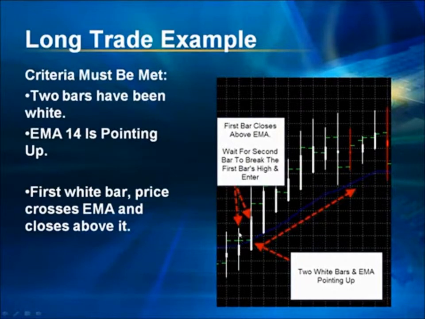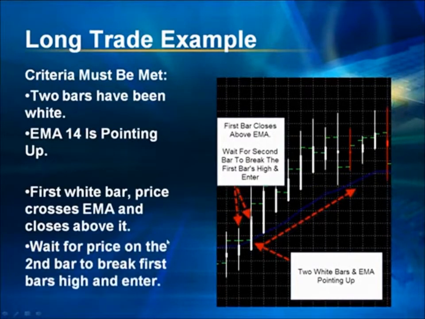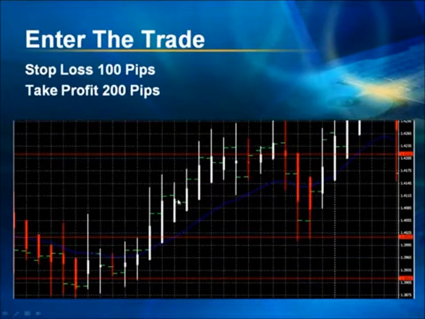The first bar has crossed over the EMA and the price has closed above it. And then we wait for the price to break through the high point of that first bar with the second bar, which happened here. And at that point, we enter the trade. Once we're in the trade, we set a stop loss to 100 pips and we set a take profit to 200 pips. So looking at this particular trade on the charts, we would have entered at this point here at